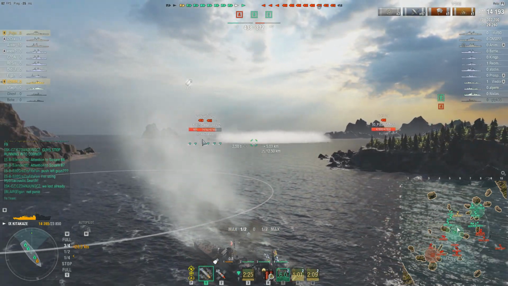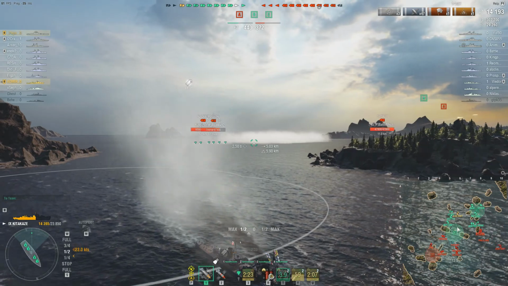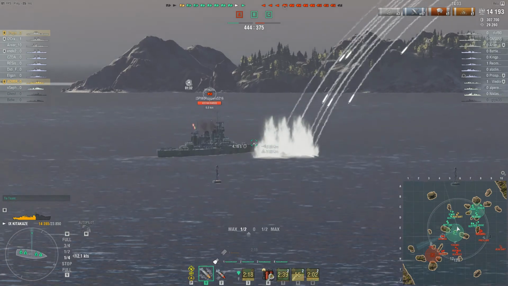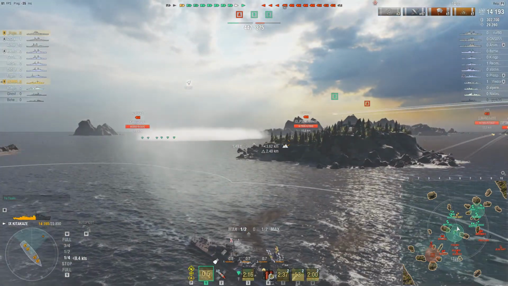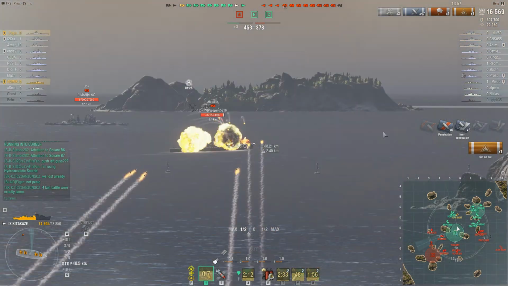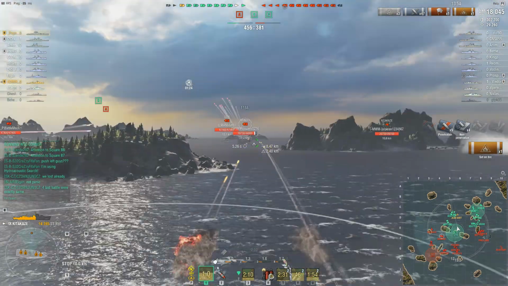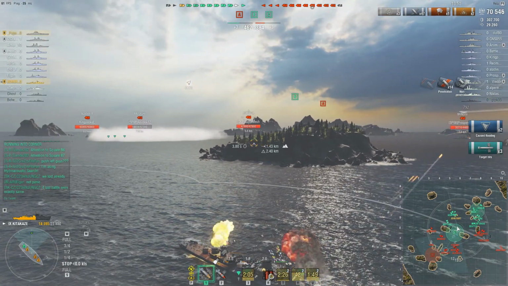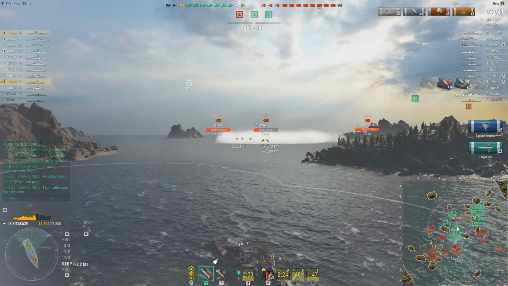The problem is there's a second Alaska, so he's in radar range of 2 enemy cruisers right now. And the Buffalo is coming this way, so soon he's in radar range of 3 enemy cruisers. That's not a very safe place to smoke up. Now the islands... these islands are not really that high, they won't provide much cover. So basically...